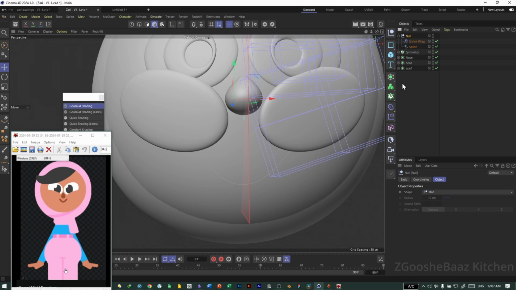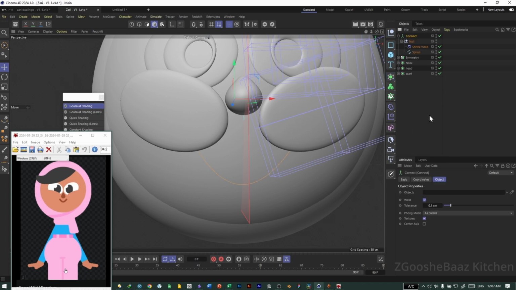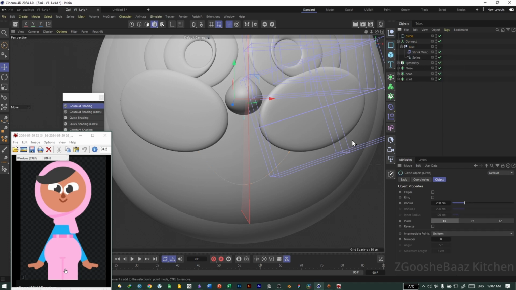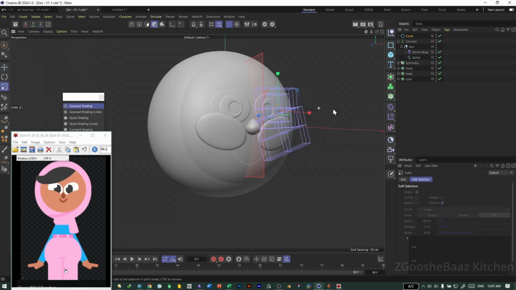So most of the time when we had problems we use something like connect generator, and I know when to put this because I made this scene once and this is the second time that I'm making it with you. Okay, let's add a circle spline, decrease its size, push it out of the geometry,